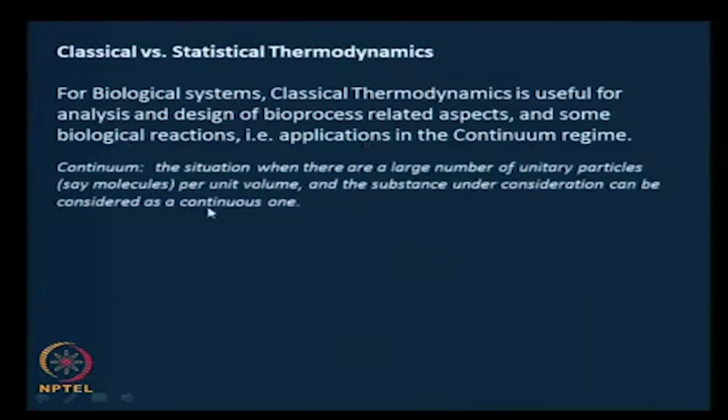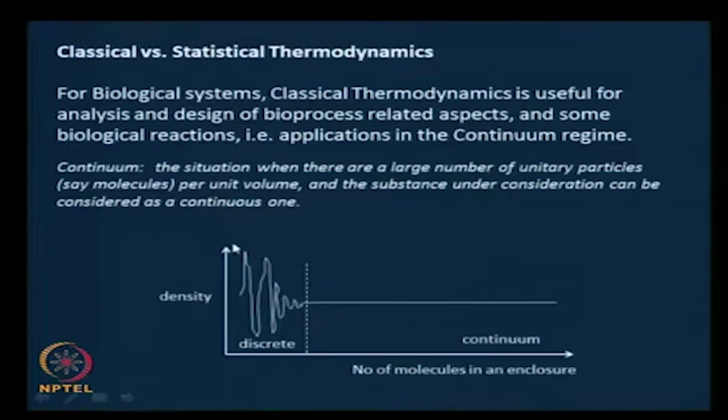And we saw what a continuum was. It is a situation where there are a large number of unitary particles, say molecules per unit volume, and the substance under consideration can be considered as a continuous one. Or in other words, for example, if you plot the density of the substance versus the number of molecules,